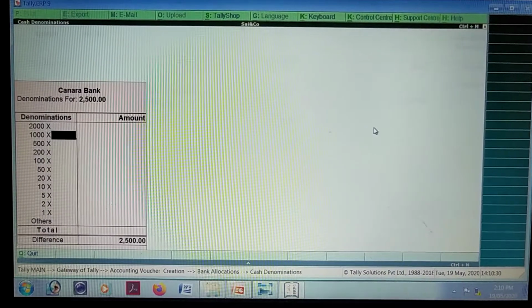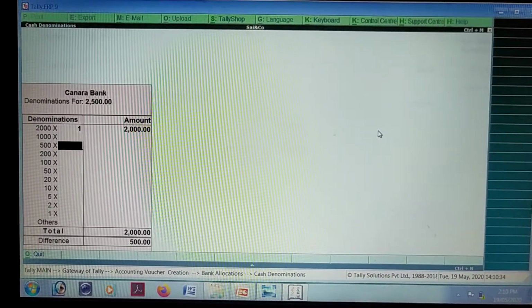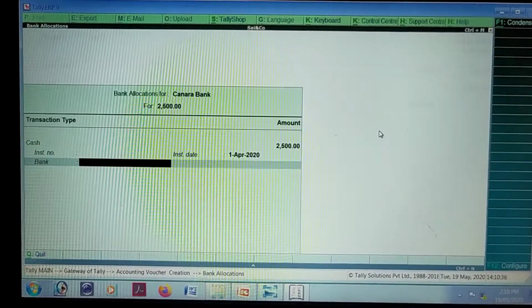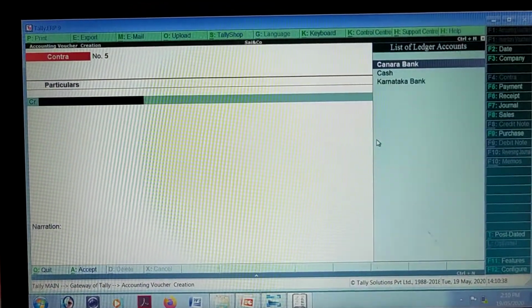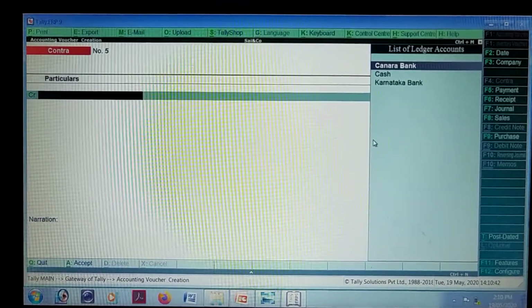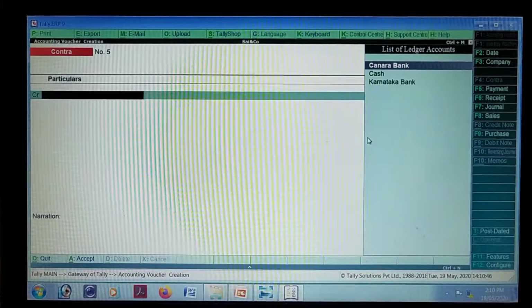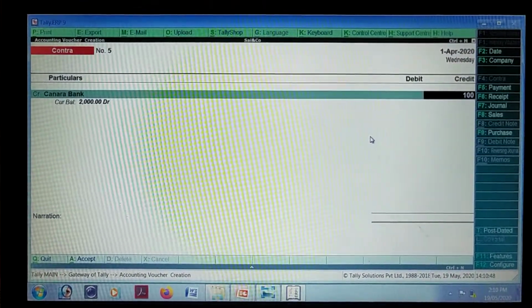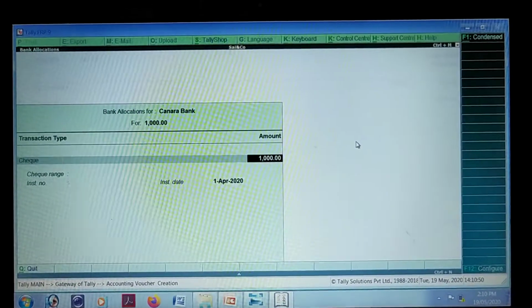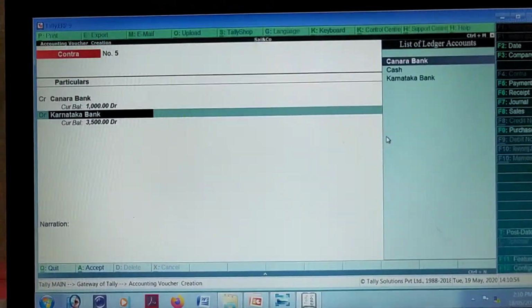So here you have to enter the denominations, that is 2000 is 1 and 500 is 1. Let's go on enter. Next, you are withdrawing the amount, that is 1000, so here debit the cash and credit the Canara Bank. The rules will be opposite. Go on enter. Debit the Canara Bank.